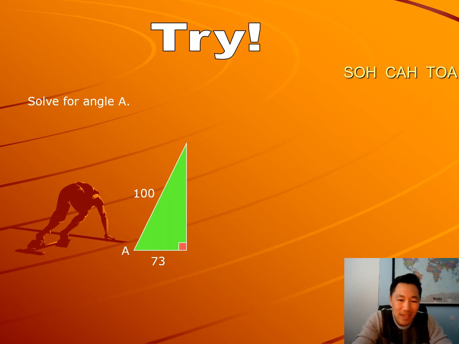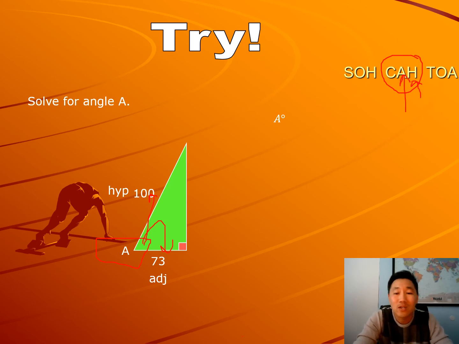I've moved the A. The A is now down here. We're going to try to solve for that, so we'll put angle A again. How does that relate to the 73 and the 100? It's adjacent and hypotenuse. Adjacent and hypotenuse, this is the only one that has an A and an H in it. So it looks like we're going to be dealing with